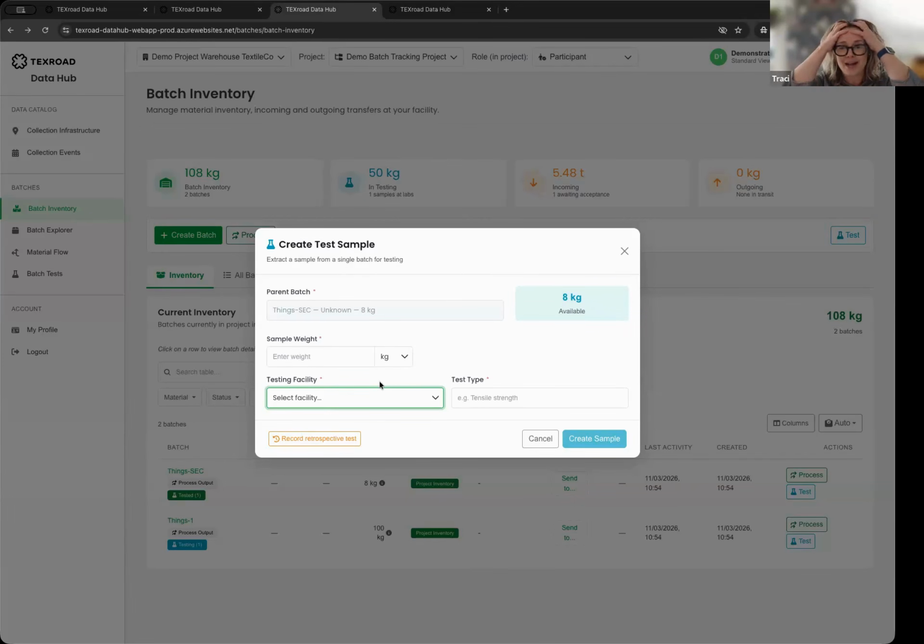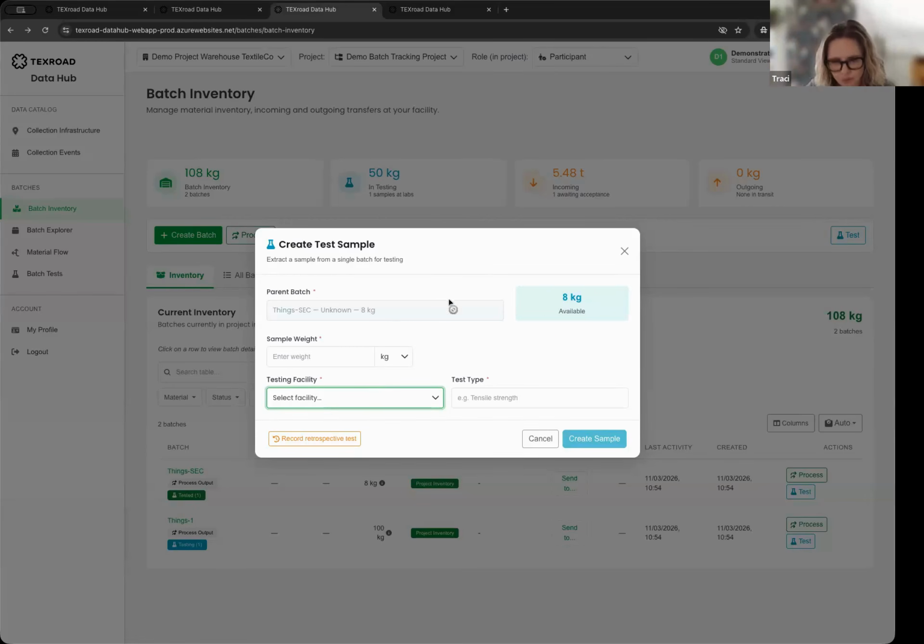But oh no, we've lost track of what happened upstream to this batch of materials to get it to this process in the right format, so that we know how to replicate it and can do efficient reporting on what worked and what didn't. One of the things we do in our system is attach test samples to all of these batches, so everything is connected in the backend.